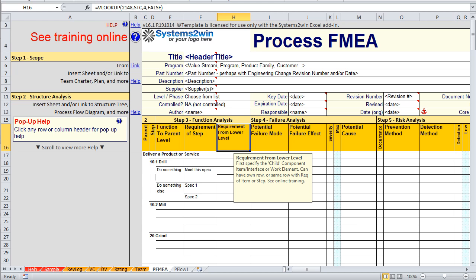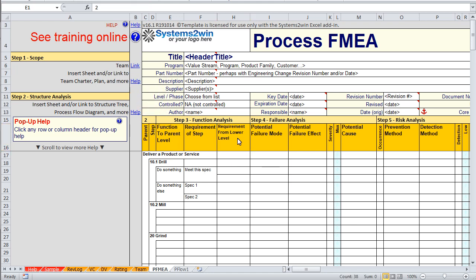By specifying that as the very first words within this column, that avoids the need for the third column over in step 2 for child. Let's enter an example. Our very first words are subcomponent A because that is the child.